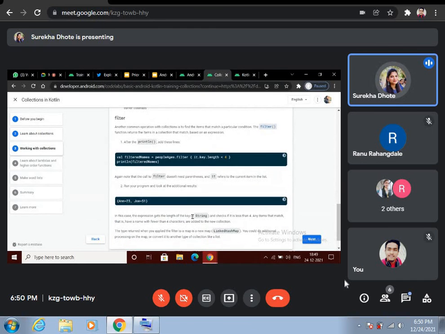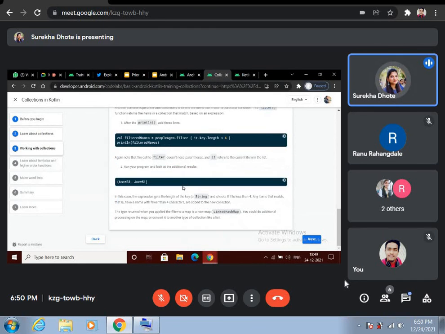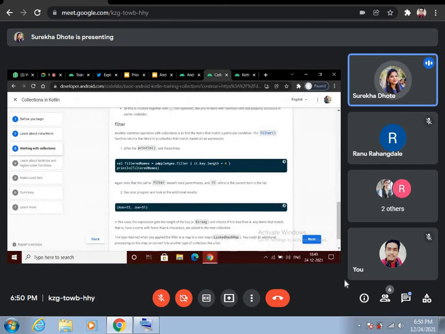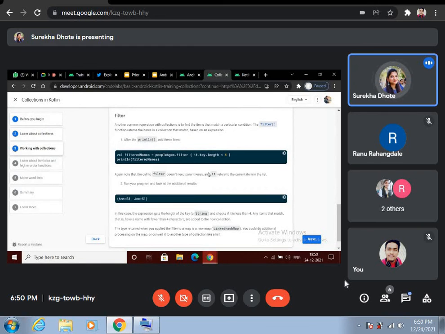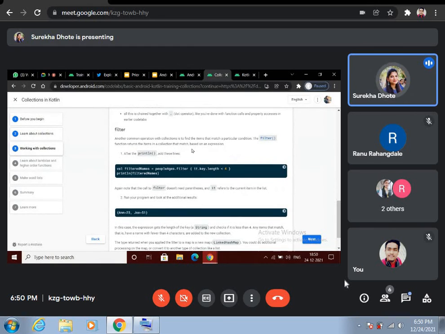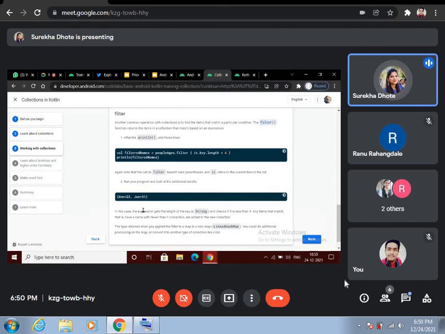Here are some more functions, one of which is filter. I think we all are familiar with what filter does. It filters the values from our map and prints out the ones which follow the condition.